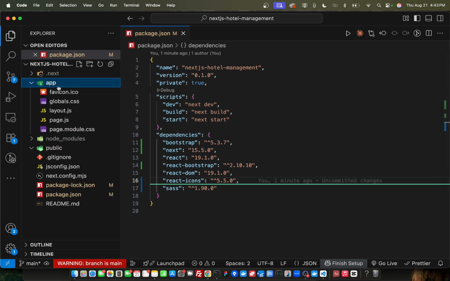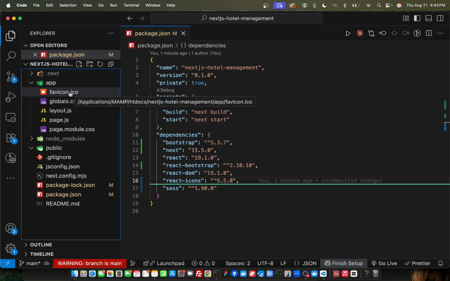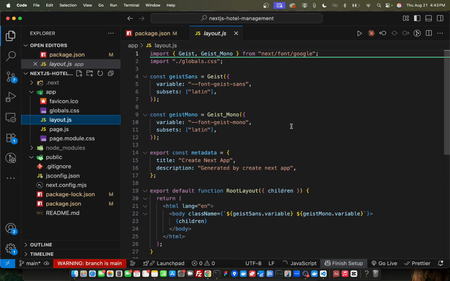Then we have the app folder. So in Next.js, the app folder is where the magic happens. It uses a file-based routing system, meaning the folder structure defines the website's URLs. But let's delete all this for now, or let me explain first this